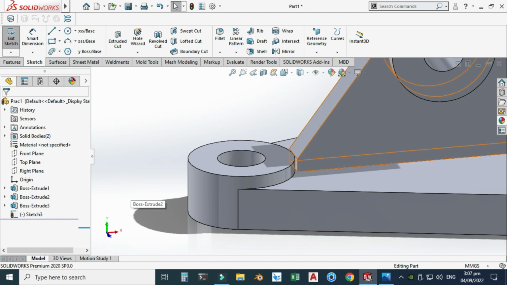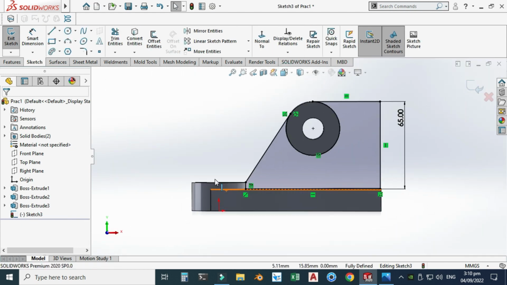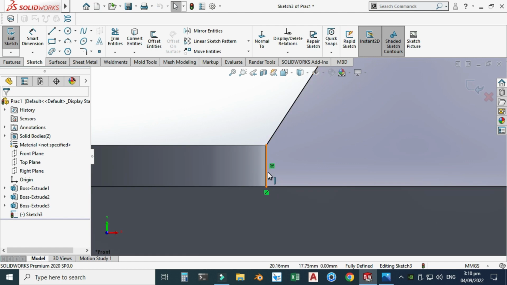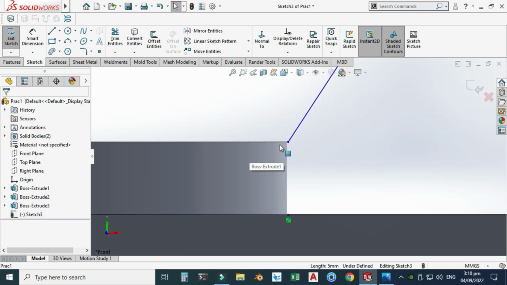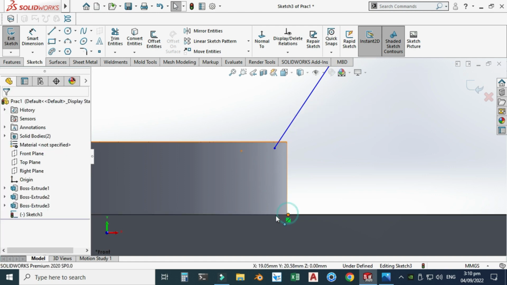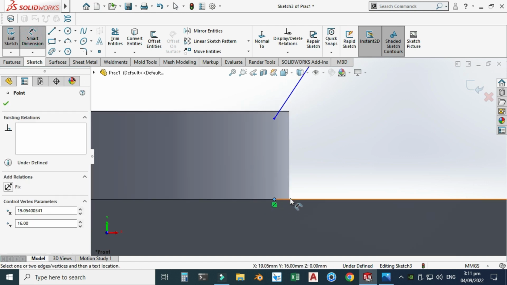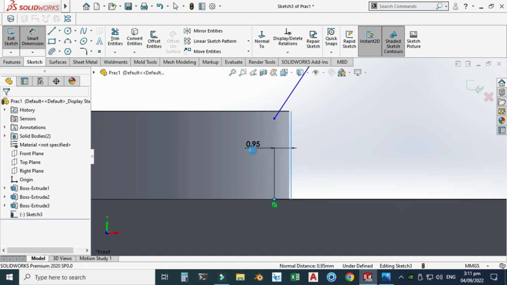Okay, so basically we have to delete this one so that we can use this correctly. So I will delete this one, and I will drag this to somewhere here. Okay, let's drag this one to here as well, and let's delete this one. Let's go to a smart dimension, and I will use this dimension as 1 millimeter. So let's change it to 1 millimeter,